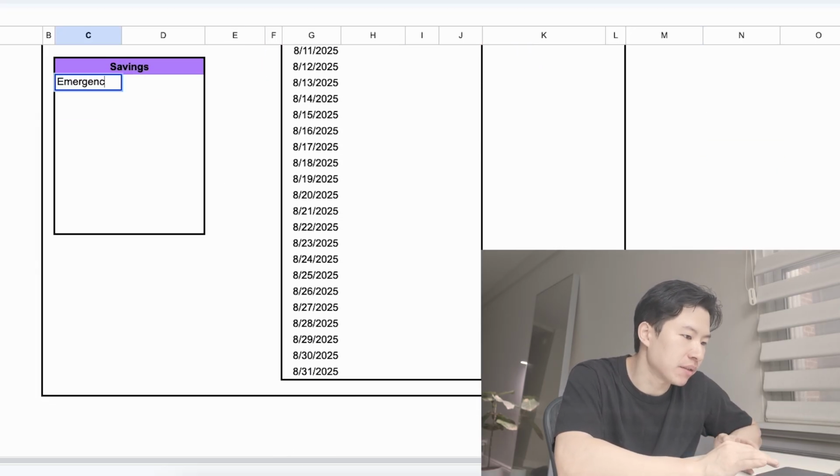Let me add some amounts here for emergency fund. I'll put 200, vacation 200. This was one of those things where I was like, do people actually want this in their budget? But turns out, yeah, they do. Having savings as an actual line item instead of just whatever's left over makes people actually save money. The emergency fund thing, especially, I get messages from people being like, I never had an emergency fund before, but now I do because it's right there in my budget, which is cool.